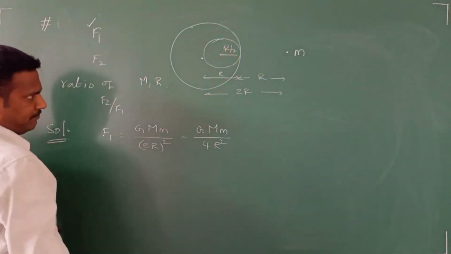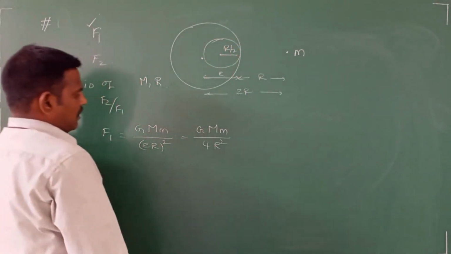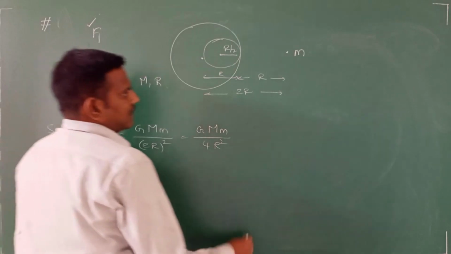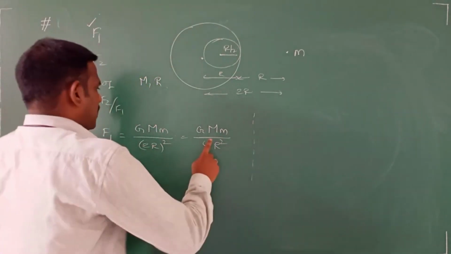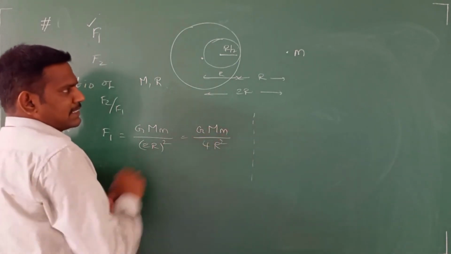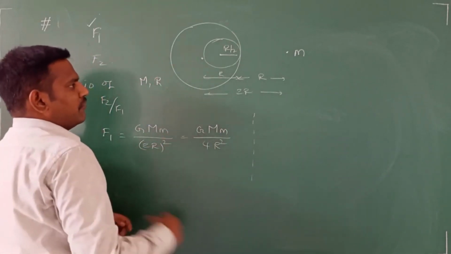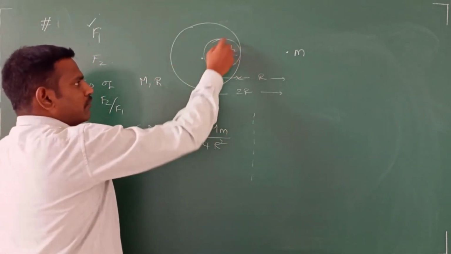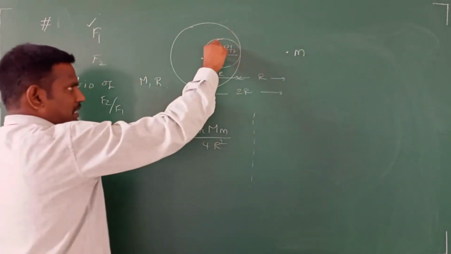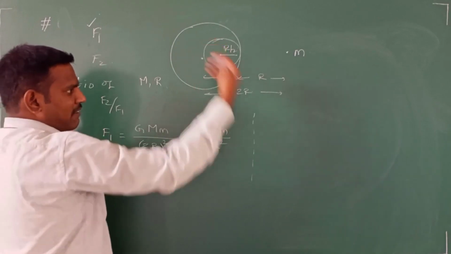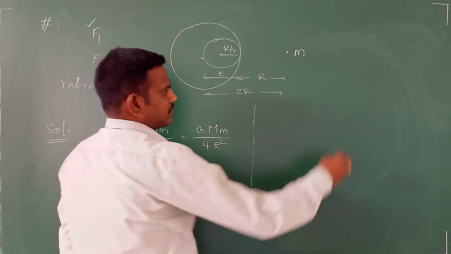before the cavity is made. Now when we make the cavity here, we want to find out the force F2. So for that, how we will proceed is like this. First of all, this force we already know, GMm by 4r square. This is nothing but the force of attraction done by the complete sphere without cavity. From that, we subtract the force of attraction between the small sphere and this mass which has been kept here. When we make the cavity, we have already done a similar problem previously,